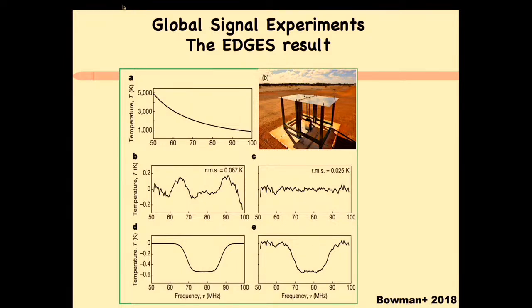Each is a cone, and each part of the cone is sensitive to a different frequency because of the wavelength. Then you measure what you measure from the sky. They tried that, and it was very complicated because the antenna wasn't that perfect. The EDGES team, led by Judd Bowman,